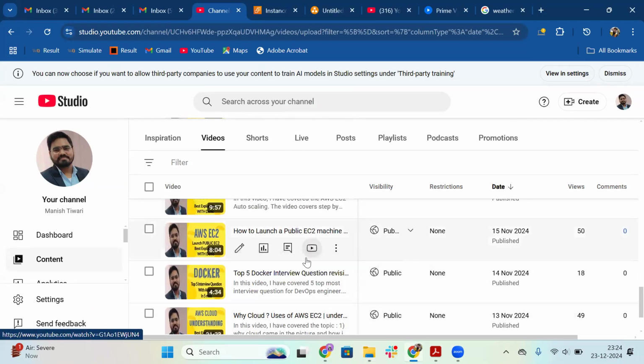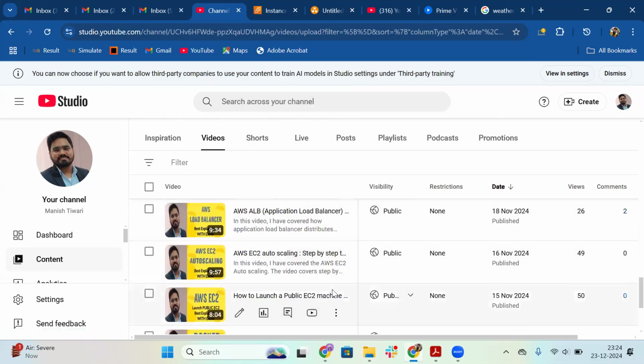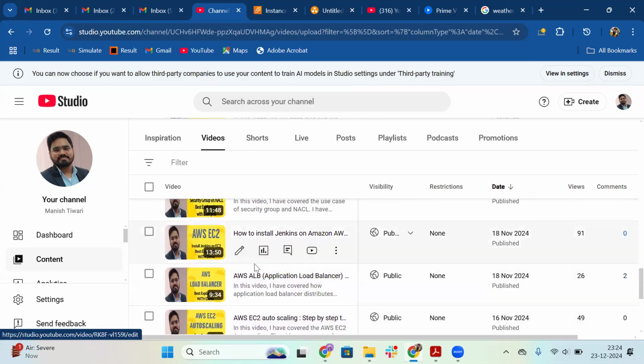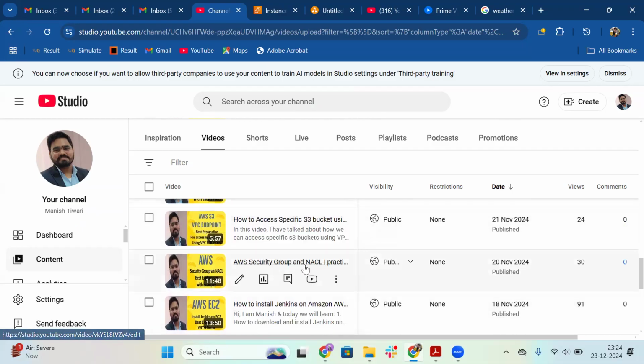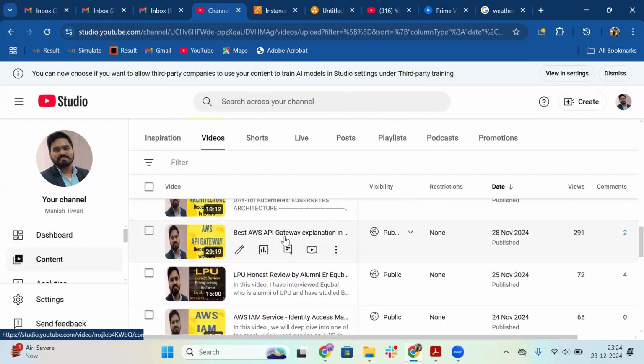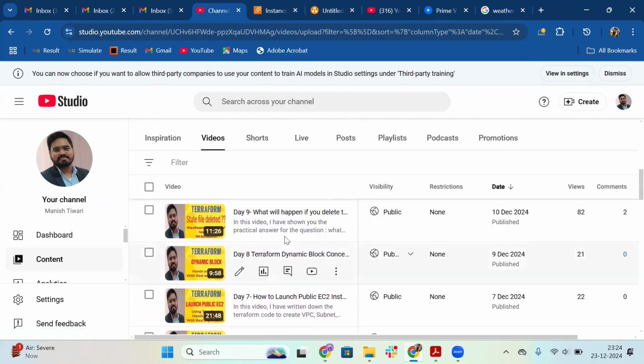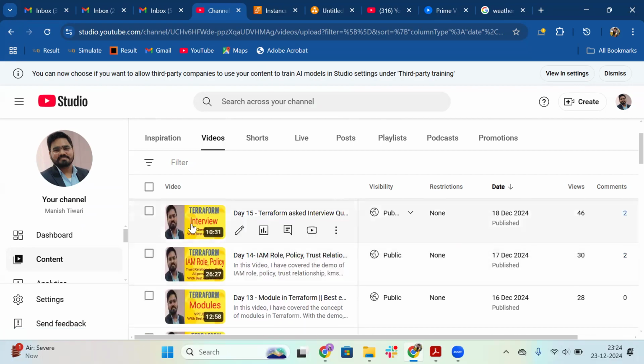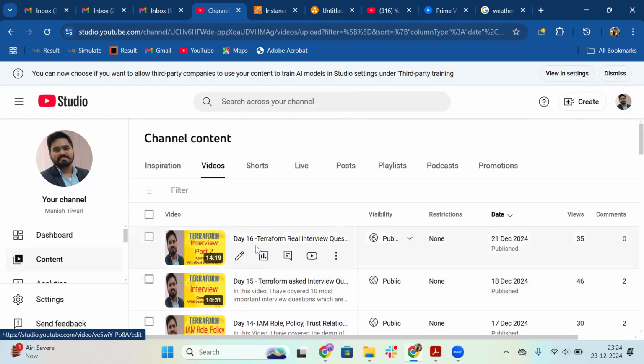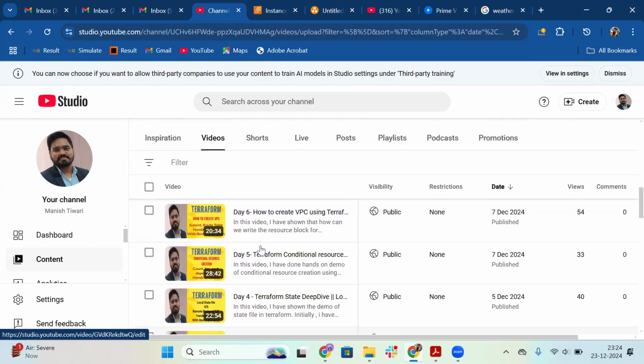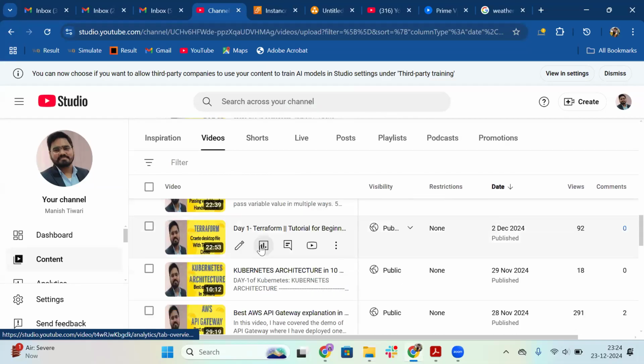Why cloud, use of AWS, EC2, Docker interview question, launch a public EC2, EC2 scaling, application load balancer, how to install Jenkins on Amazon, security group and NACL, and other Terraform related videos, college related videos. Everything is there related to your career and related to your technical stuff, correct? That you can see. So today, rather than covering more on the Terraform, I will go with the AWS related